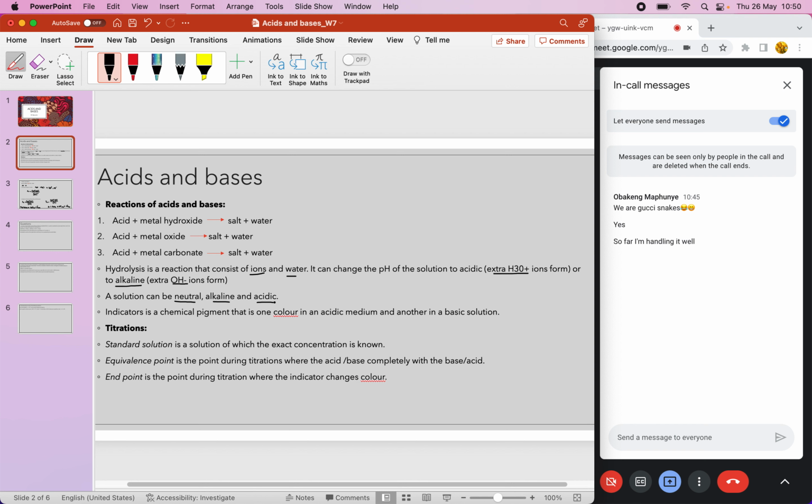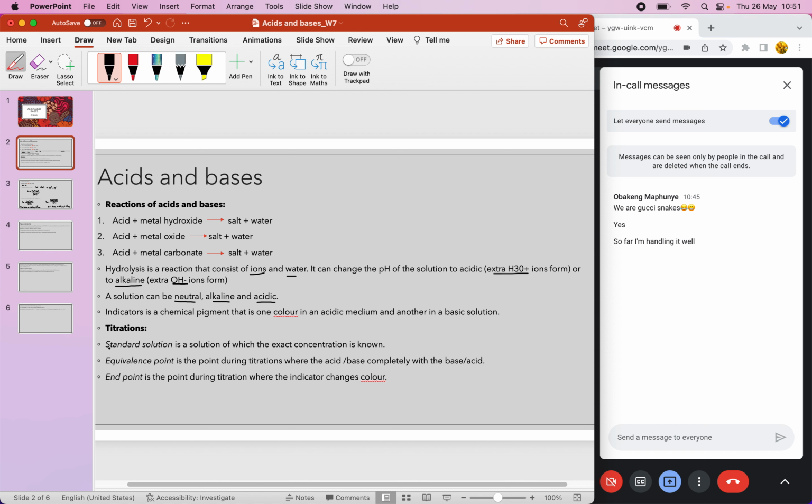As you can see today, it's very important for you guys to take note of knowing the strong bases and weak bases, so that you can know that when you have a weak acid and a strong base, you get an alkaline solution. And for indicators, you need to know that this particular chemical, when it gets to a particular medium, it becomes one color or another. And one thing we're going to discuss today is